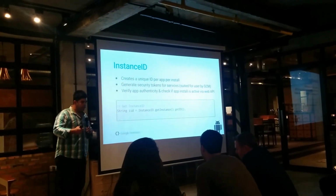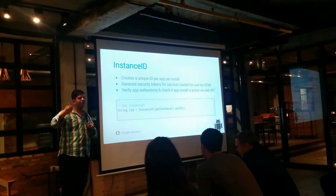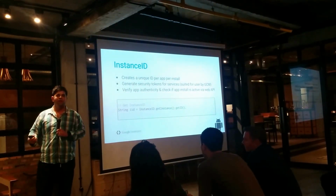It's also a common request that developers say to us, hey, we need to get an identifier for our installations. And in the past, we've